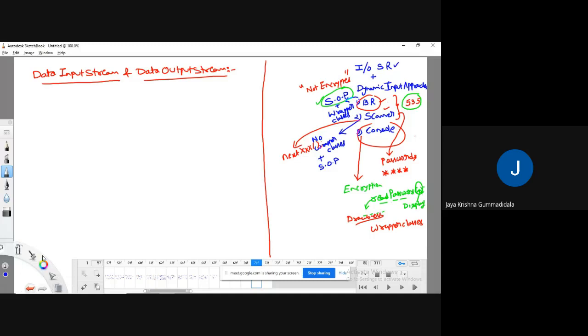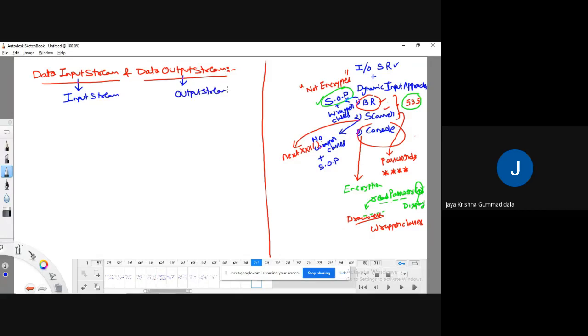Okay, so coming to today's class, we'll see the next type of classes: data input stream class and data output stream class. Data input stream class as well as data output stream class extend from input stream and output stream respectively.